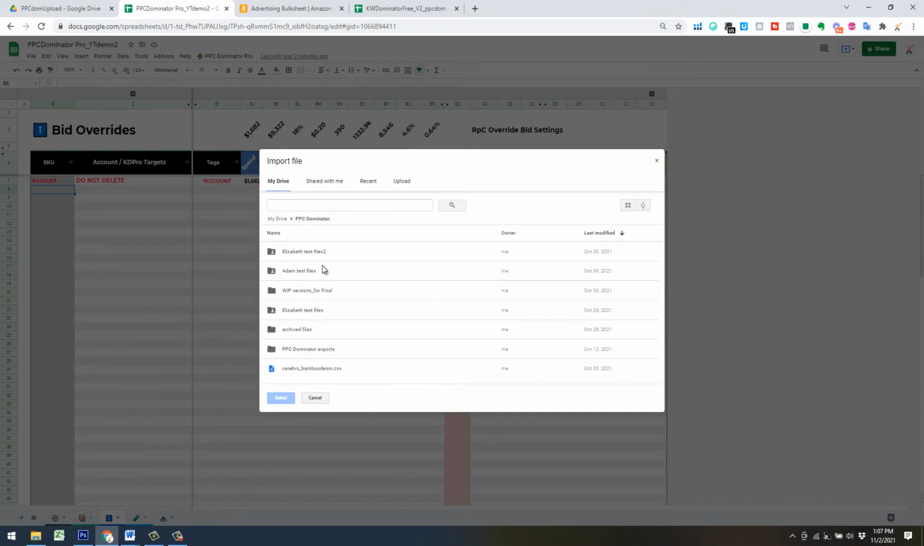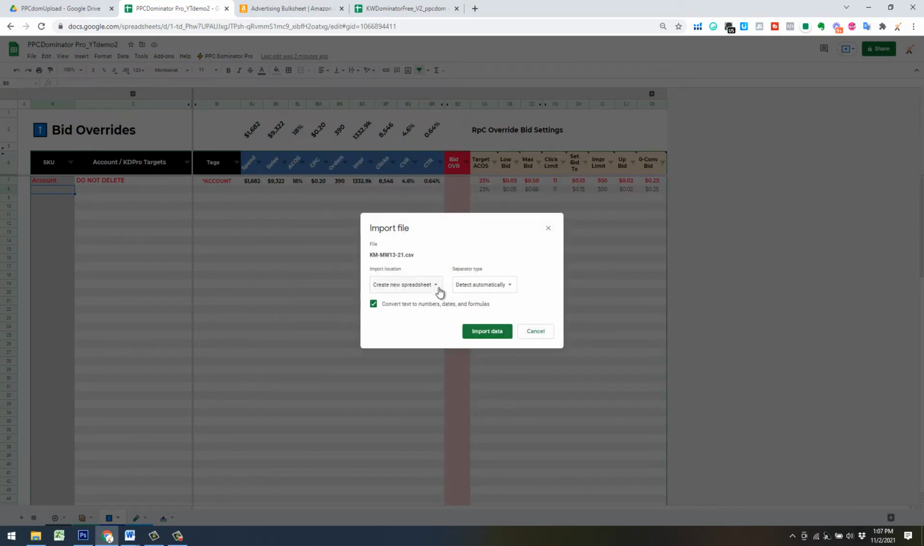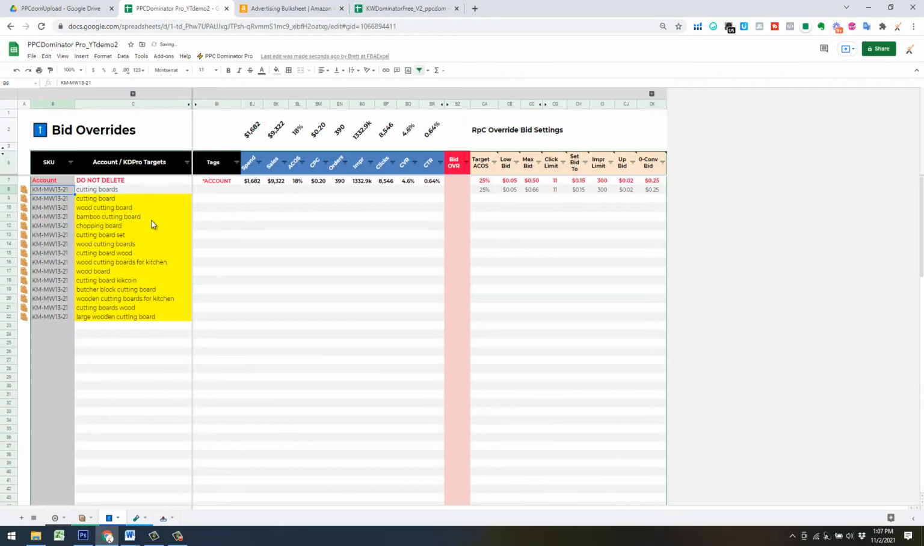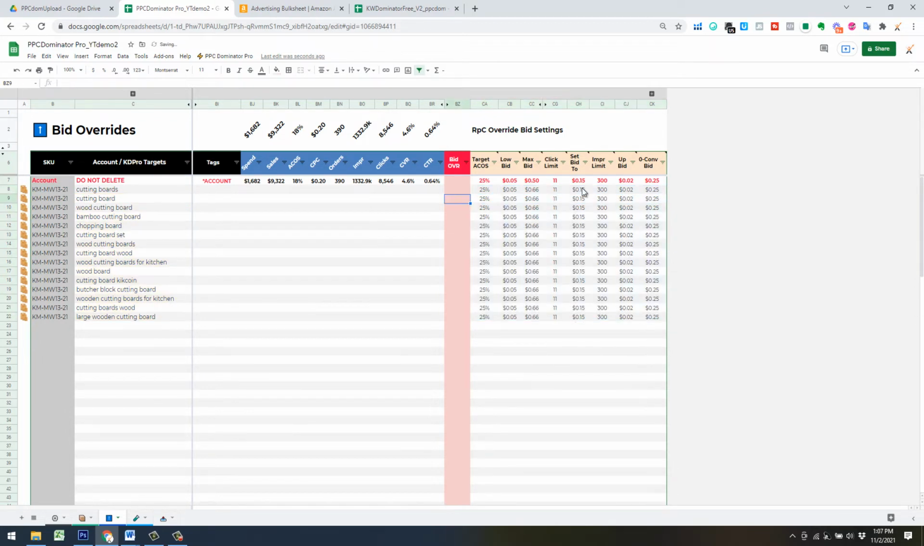If I can find it. Let's see. Here we go. So it'll be named the SKU, and you just do replace data at selected cell, import data. And then this yellow means that it doesn't have any bid settings applied yet. So we can either drag down more aggressive bid settings, or you can actually set a fixed override. So if I wanted all these at $1, for example,